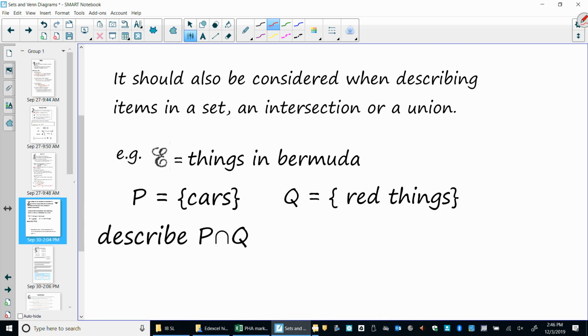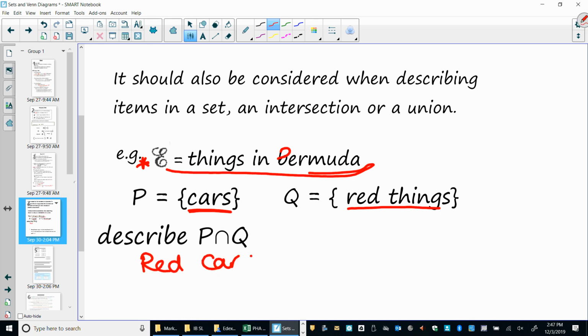For example, if you're asked to describe P intersect Q. They told you that P is just cars and Q would be red things. So this intersection would be red cars. However, this is where the universal set comes in. We're only talking about things in Bermuda. Because it's something in both P and Q, that's where the red cars come in, but we must make sure we clarify that